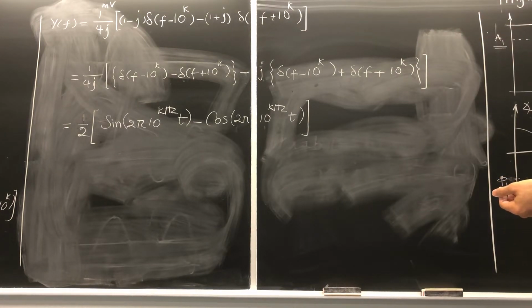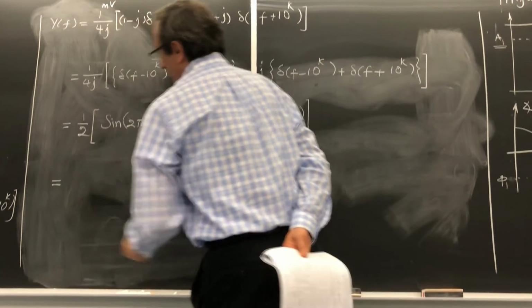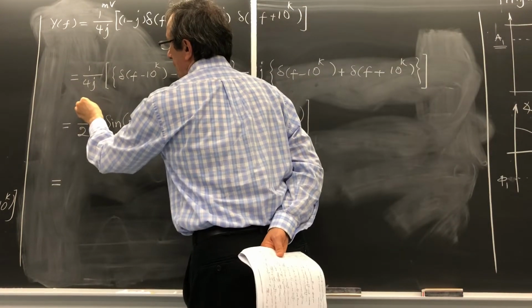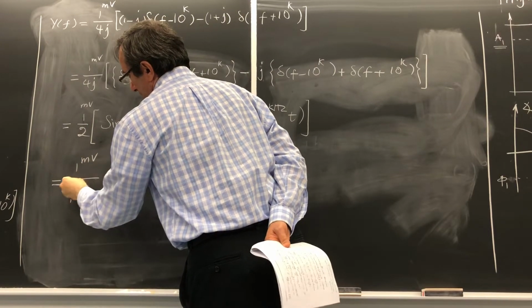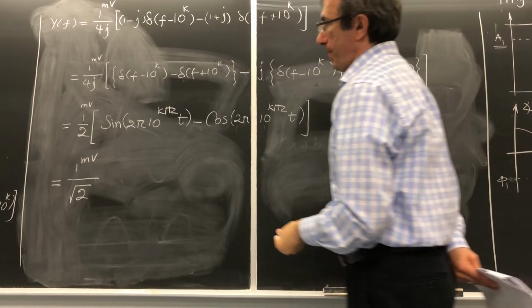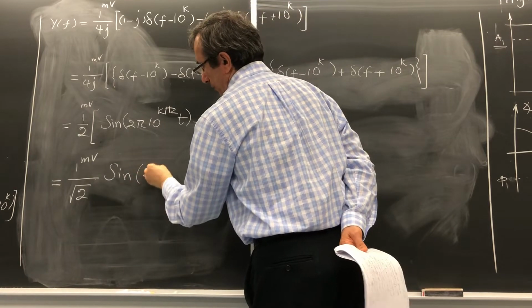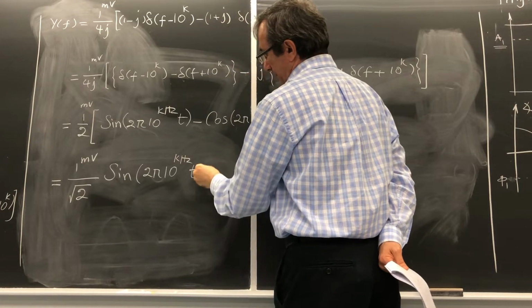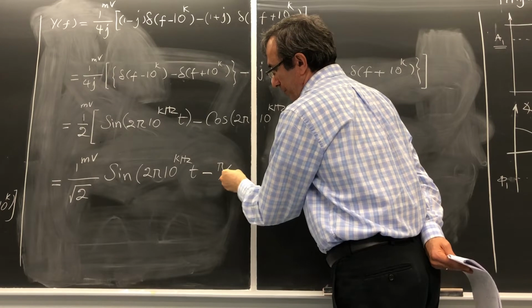expression a little more straightforward. And that's going to be one millivolt over square root of 2 sine of 2 pi 10k minus pi over